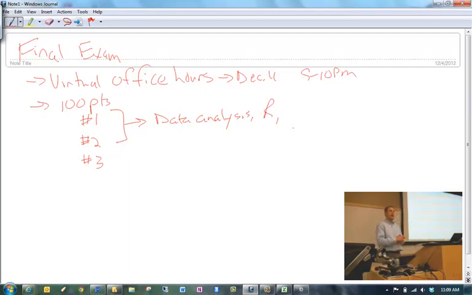I'm going to give you some data, similar to what you've seen before in terms of the style. And number 3 is a combination of short answer questions that are not necessarily connected in any way. So usually on my test, the very last problem is these kinds of questions. So again, similar to what we've seen before.